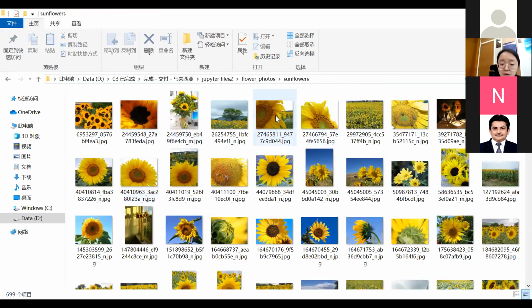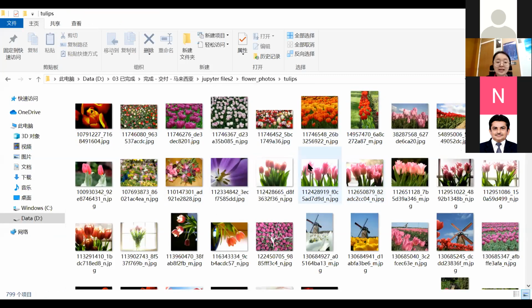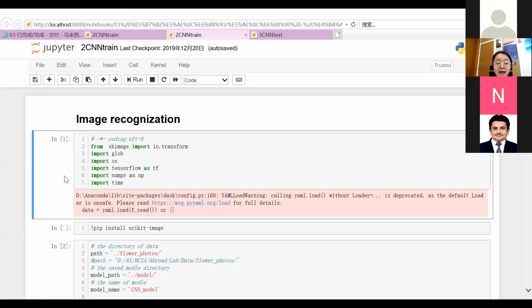And the fourth one is sunflowers. And the last one is tulips. So that is our goal, to do image classification using a deep learning model and TensorFlow. So the first step, we need to import